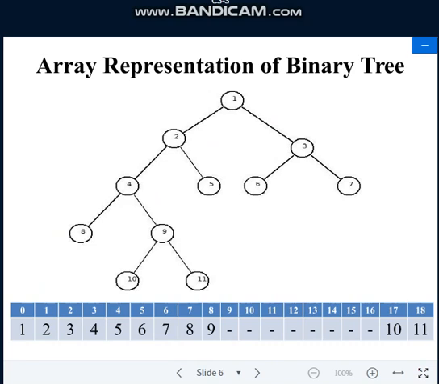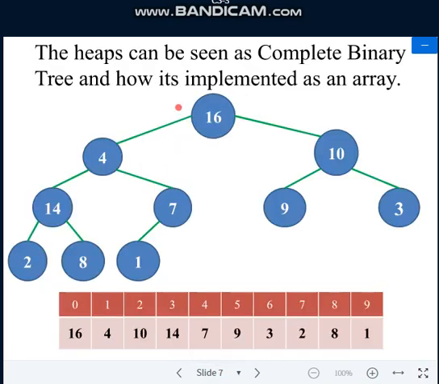Let us check whether it is true or not. If we consider this, just assume that there are only 3 levels. How many nodes do you have? 1, 2, 3, 4, 5, 6, 7, 8, 9, 10. If 7 had one more child, 9 again 2 children, 3 again 2 children, how many nodes will you have in total? 2 plus 4 plus 8 plus 1. 2 plus 4 is 6, 6 plus 8 is 14, 14 plus 1 is 15. So there will be 15 nodes.